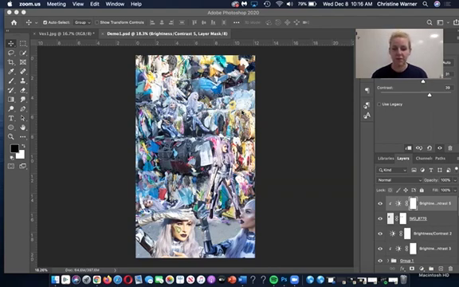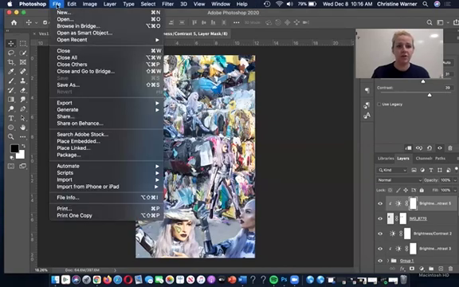So I did a robot photo shoot, and I'm going to show you how to create a composite image that's kind of surreal, involving maybe an army of robots. So this one robot is going to be repeated in multiple places in multiple ways, and then I will use this as an opportunity to show you a lot of different special effects that may or may not make my photo better, but will hopefully give you some ideas about the types of things you can do on your own work. So I'm going to go ahead and start by creating a new document